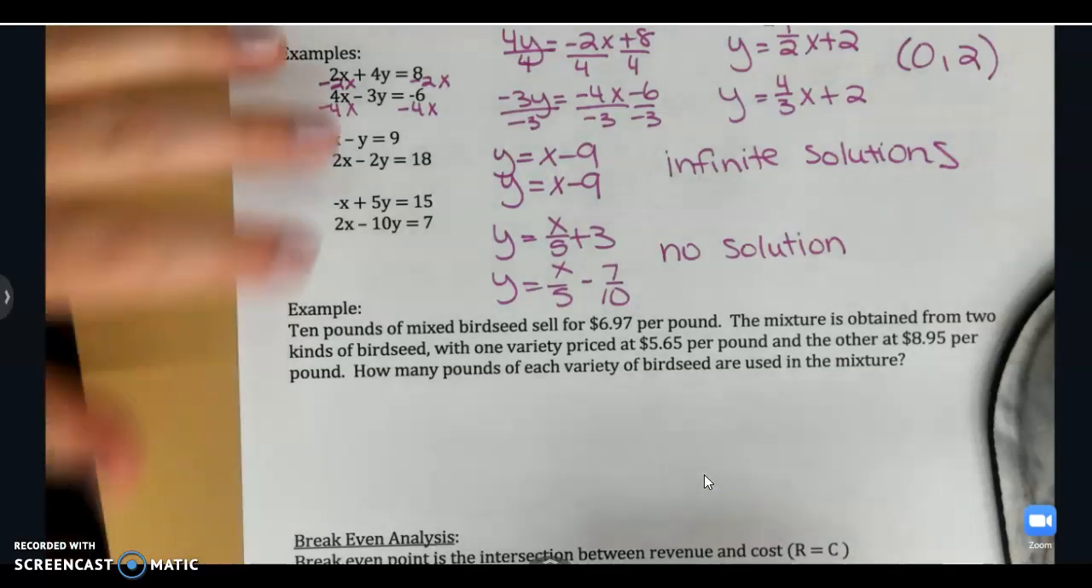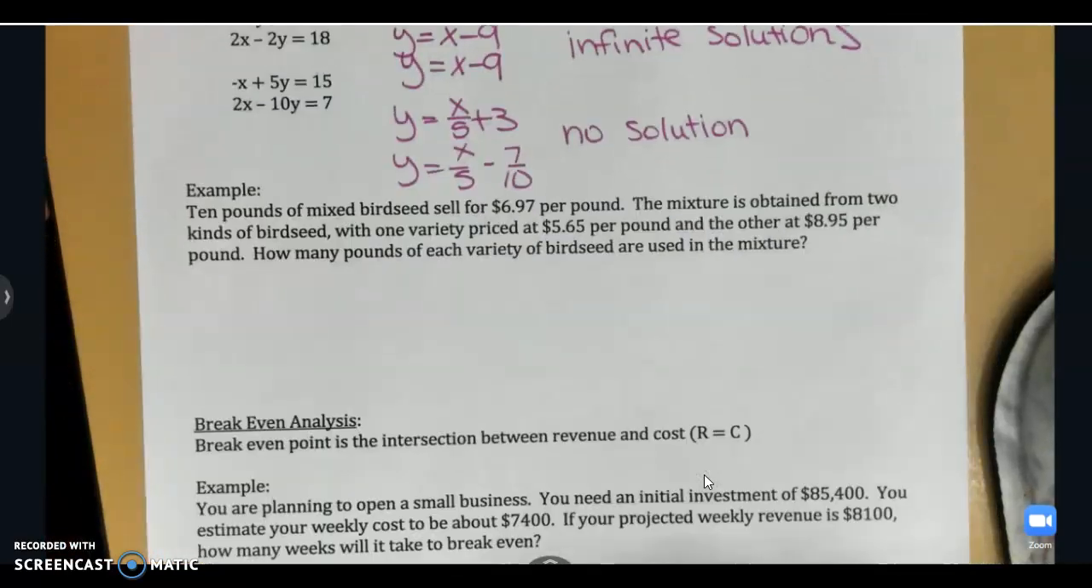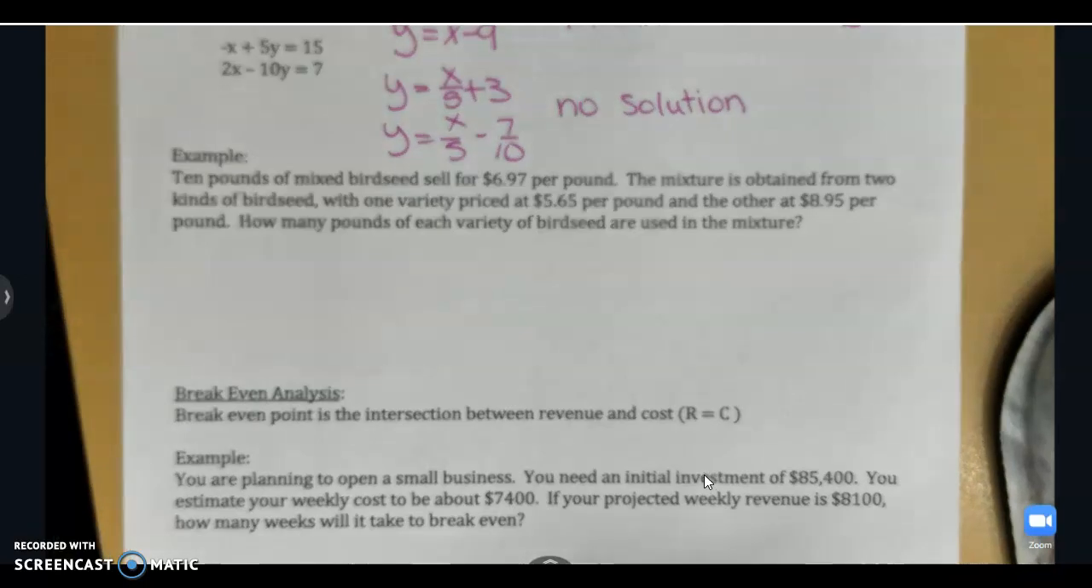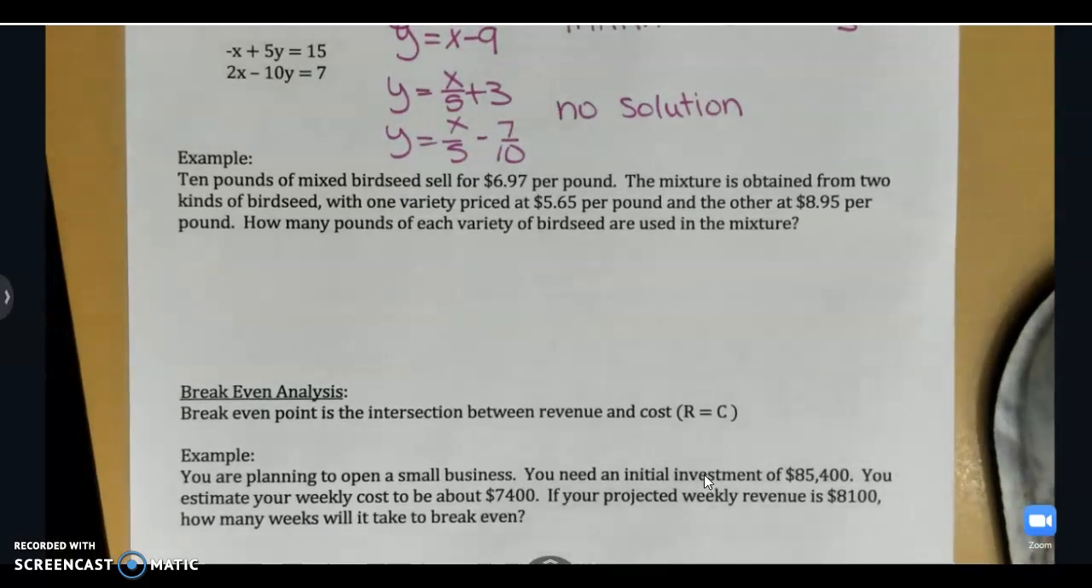Okay, finishing up the notes. The next two problems we're looking at are word problems where we have to use the information given to write